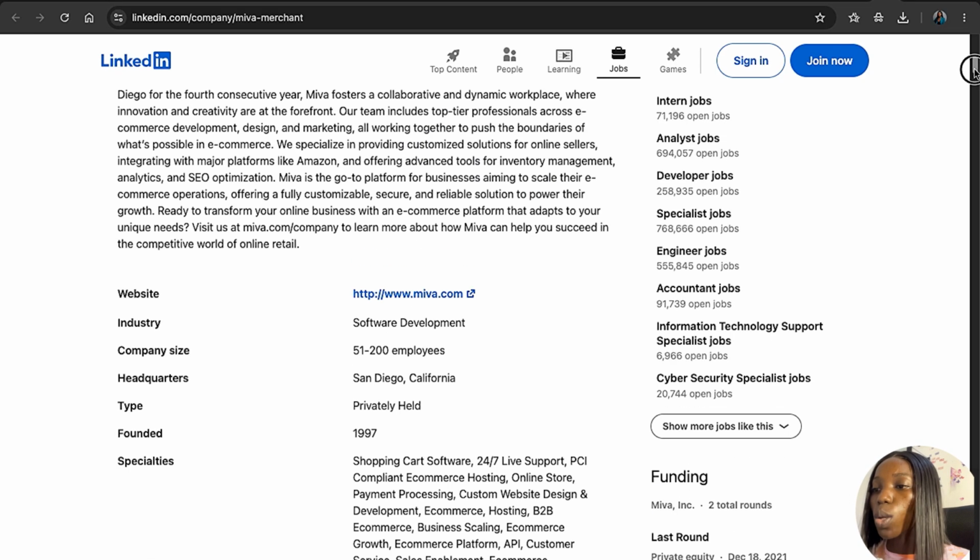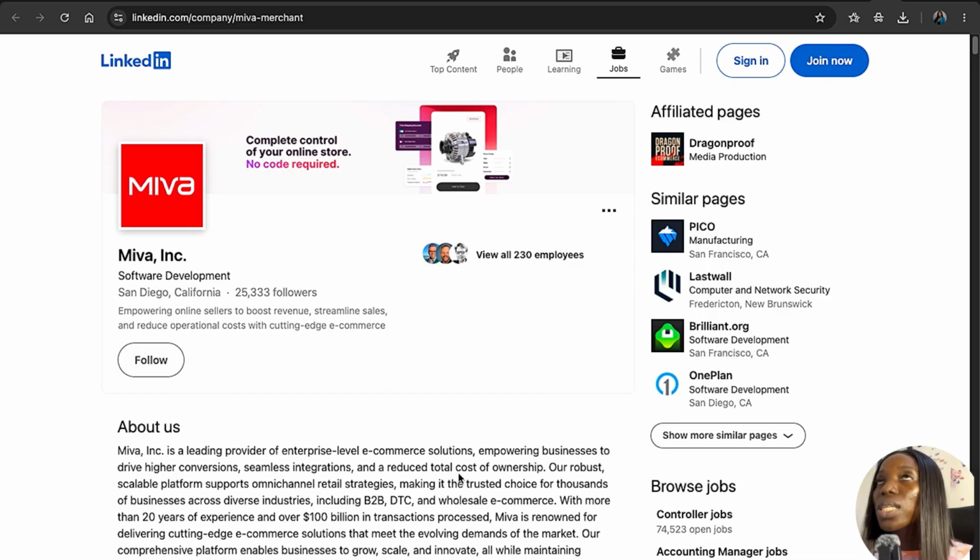And again, this is the website. Okay, so they have a company size of 51 to 200 employees, and the type is privately held. Pitching to founders in this kind of big company is not even the problem, because you can literally pitch since you're going to see the founder's handle. But in most cases, their handles are managed by maybe a ghostwriter or social media manager, maybe the executive assistant, right? And the person might not want to give you a listening ear, or is going to treat that pitch as noise. So that's why I also talk about it: if you don't get the founder's attention, go as far as looking for the operations manager, marketing director, maybe a creative director, depending on what you're pitching, and